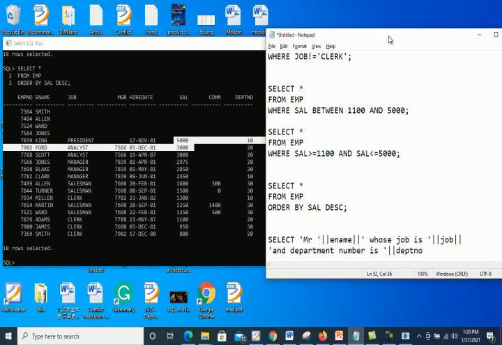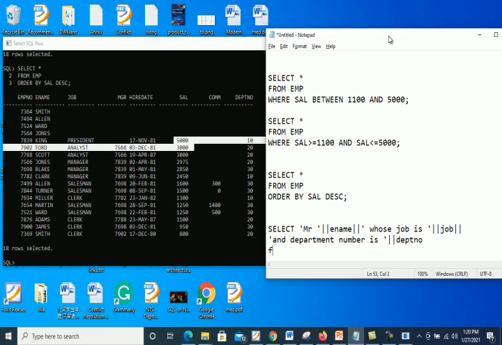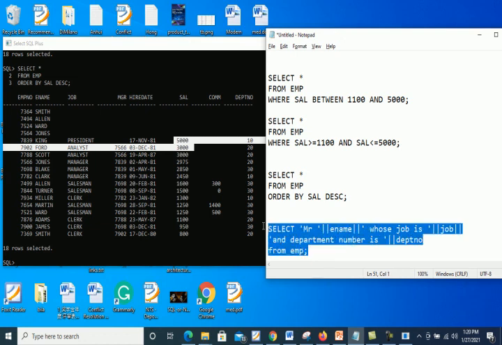You can do it like this from EMP. So this is called the concatenation operator.